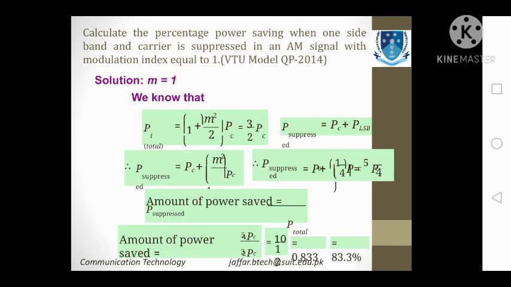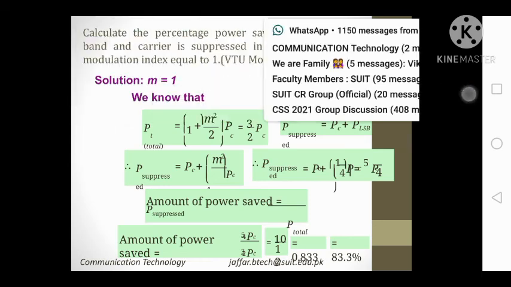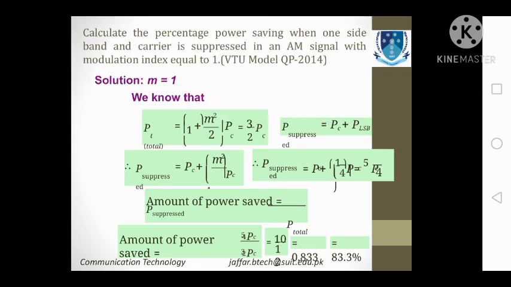1? So you know that PT is equal to 1 plus m square by 2 into PC, or you can say if m square is equal to 1, the value will be 3 by 2 into PC. Now you know that the total power is basically the power of carrier plus power of upper sideband plus power of lower sideband. And if you suppress the carrier as well as one sideband, you will be getting P suppressed is equal to PC plus PLSB. So P suppressed is equal to PC plus